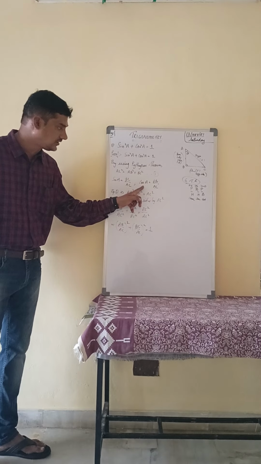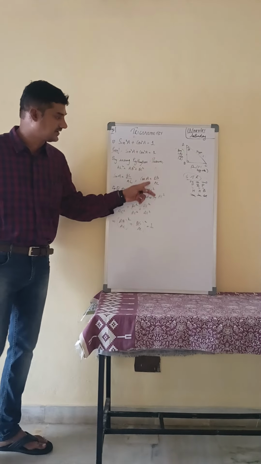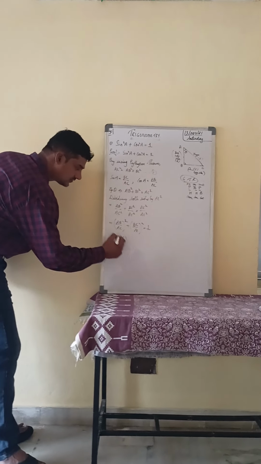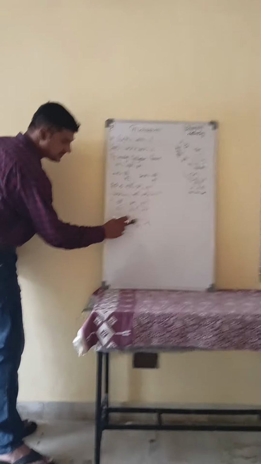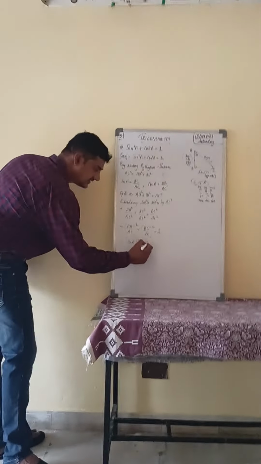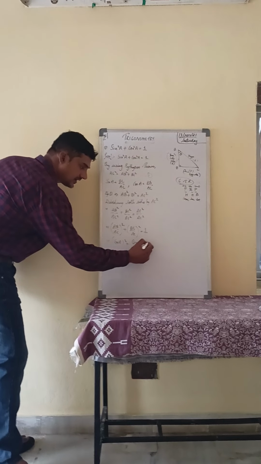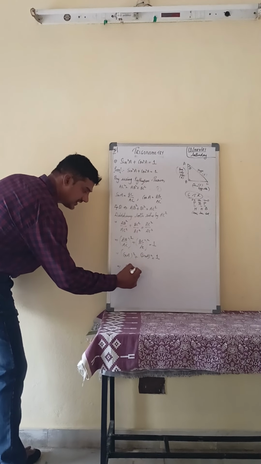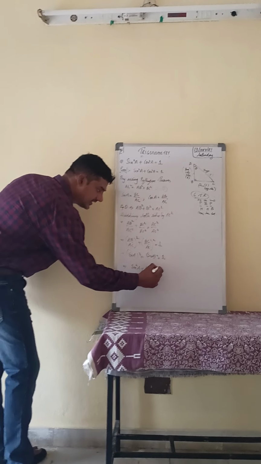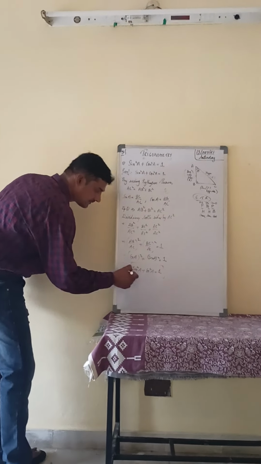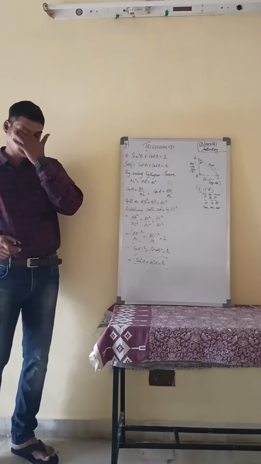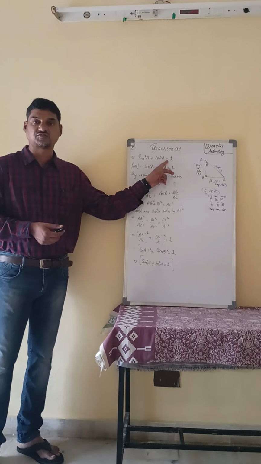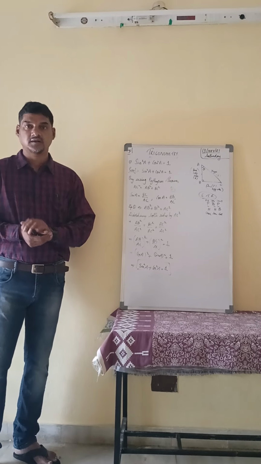Now here, AB by AC. What is AB by AC? Cos A. By this mantra we got it from this triangle. AB by AC is cos A. So cos A whole square, plus BC by AC, which is sin A, whole square, is equal to 1. So therefore sin square A plus cos square A is equal to 1. This is the way, dear students, we prove the first trigonometric identity, that is sin square A plus cos square A is equal to 1. Thank you very much, students.